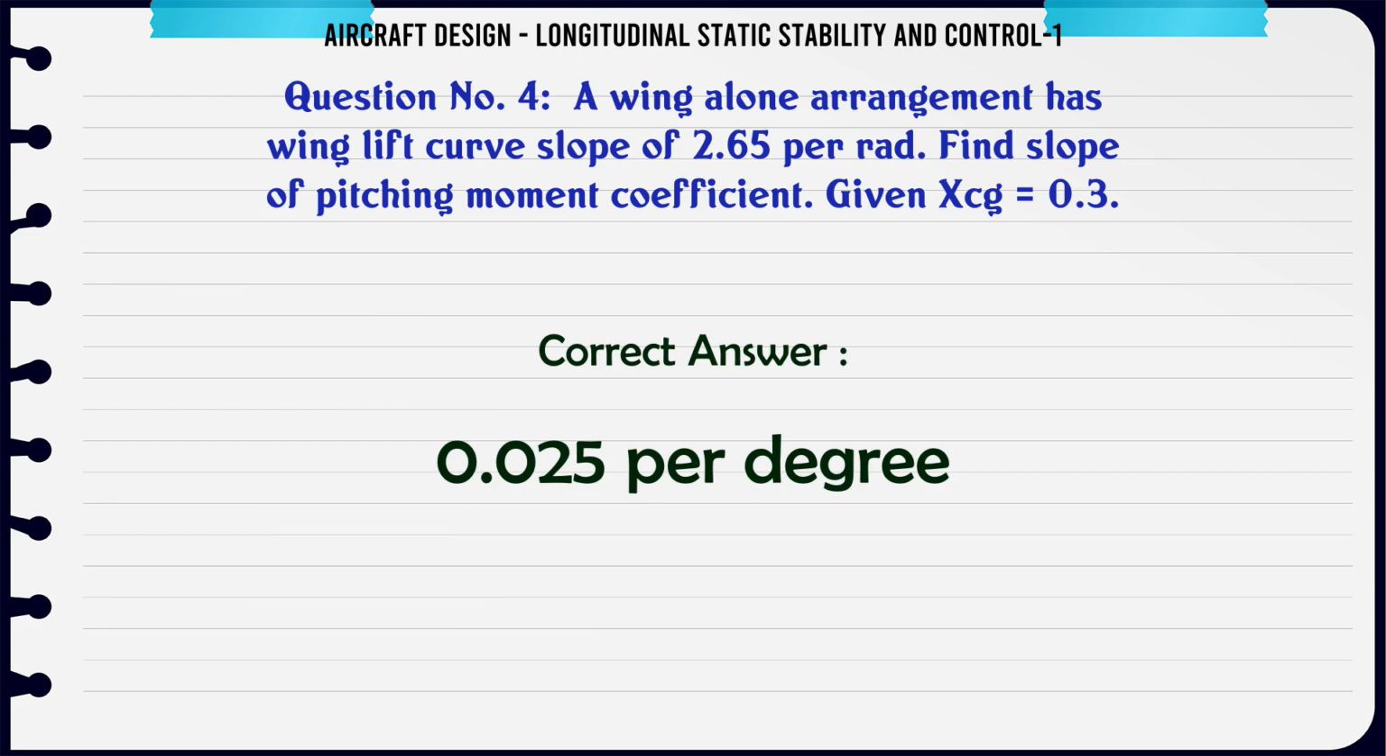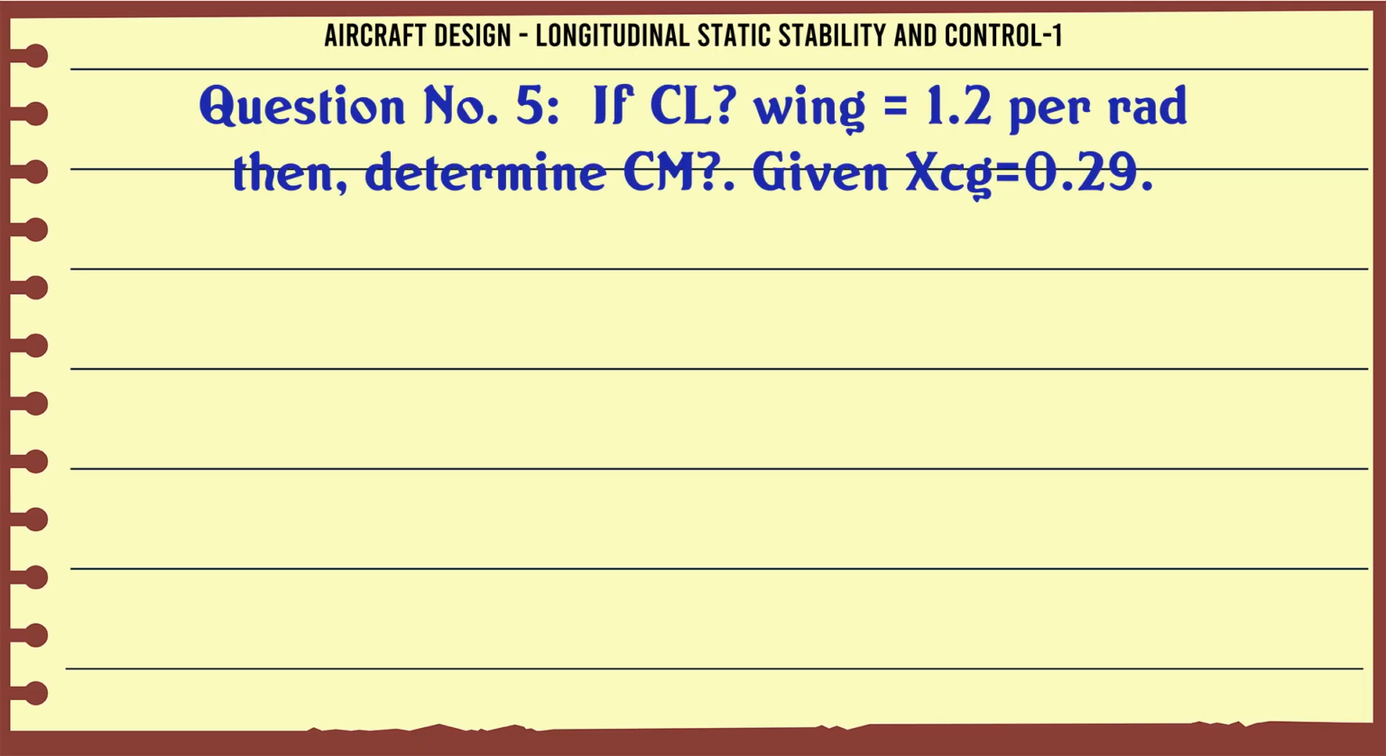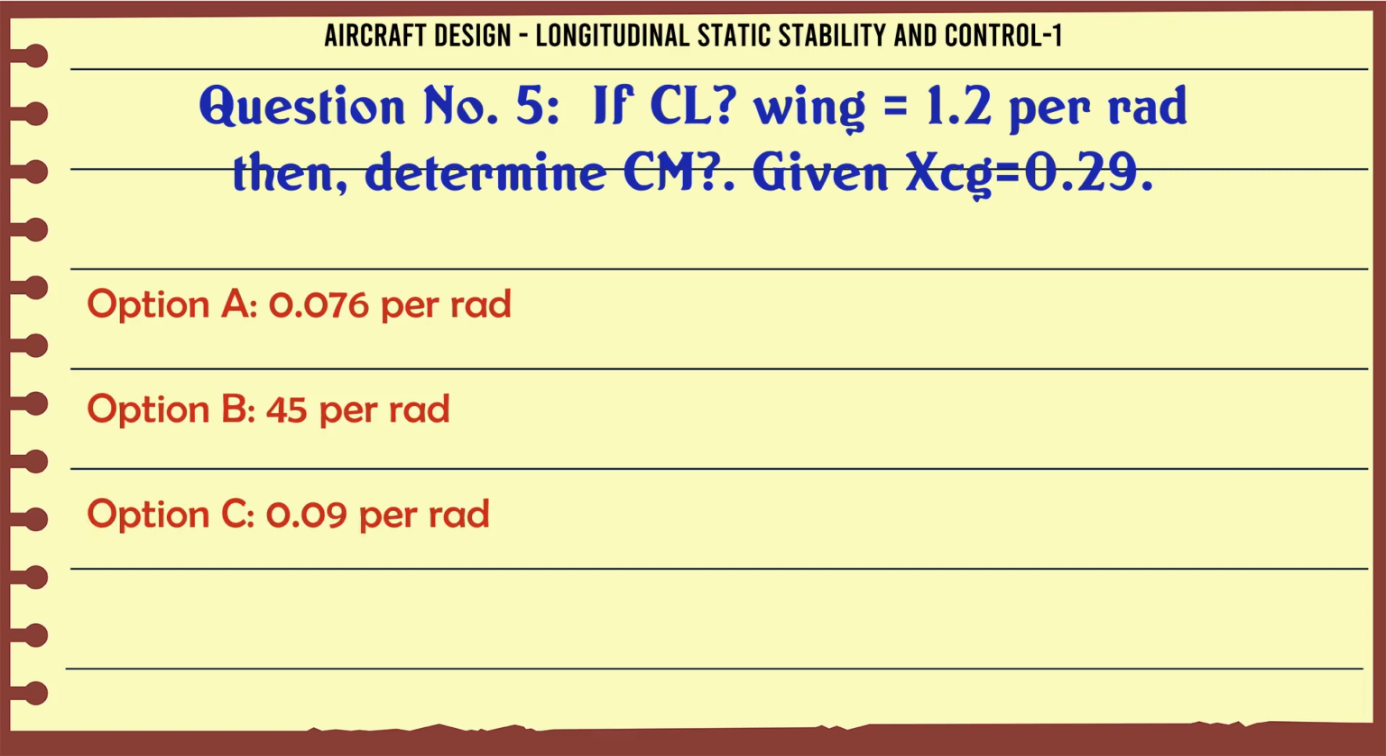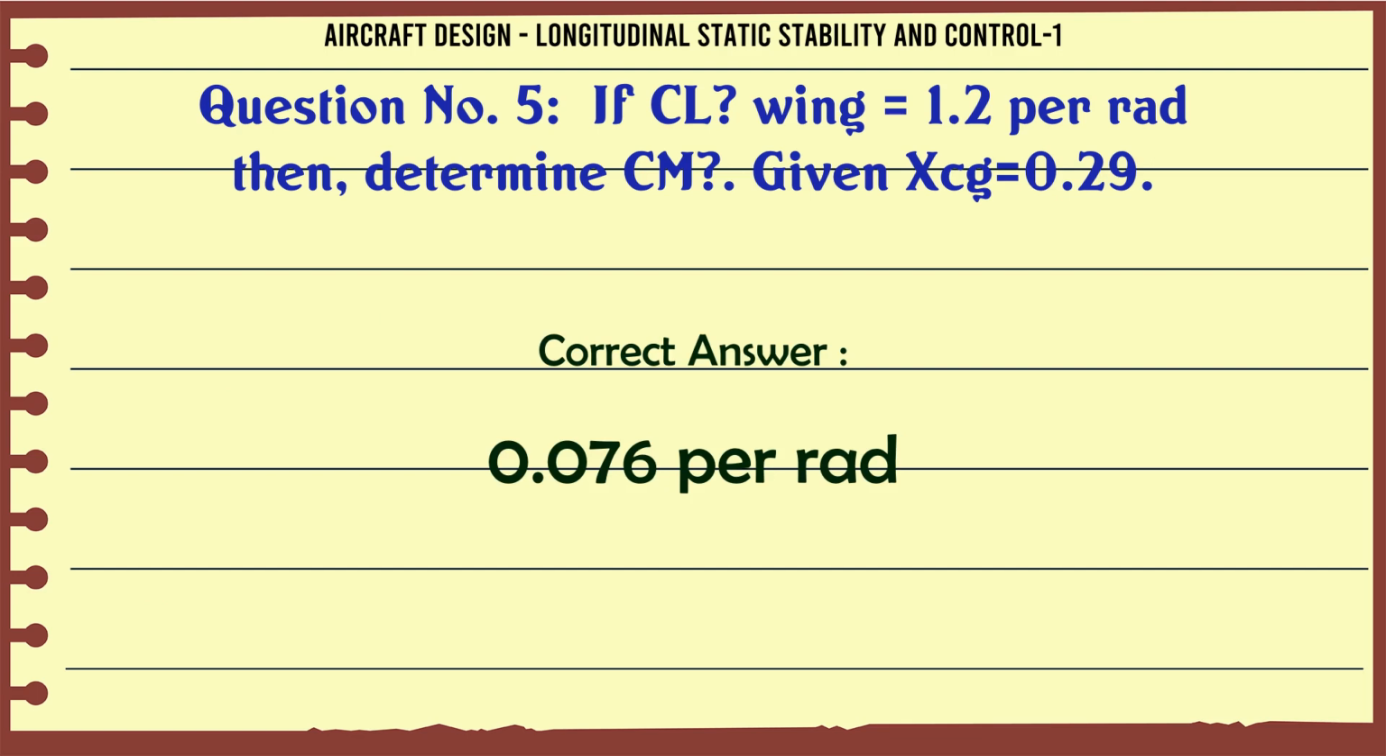0.025 per degree. If CL wing is 1.2 per rad, then determine CM. Given x CG 0.29. A 0.076 per rad, B 45 per rad, C 0.09 per rad, D 1.45 per rad. The correct answer is